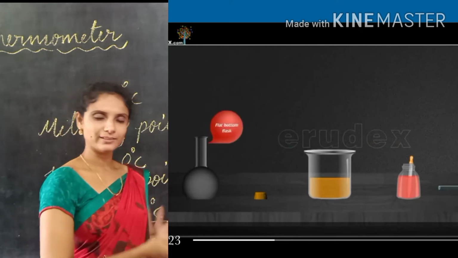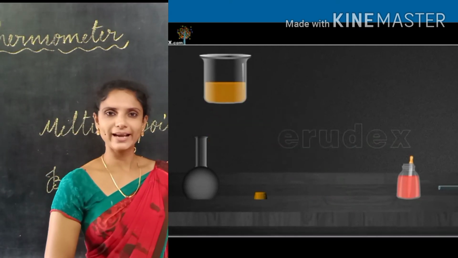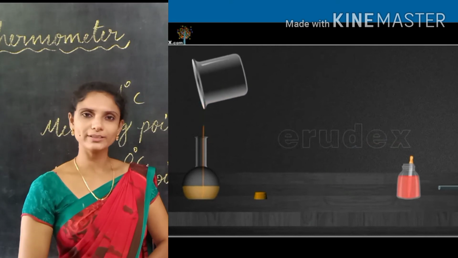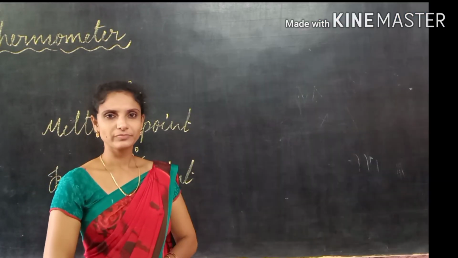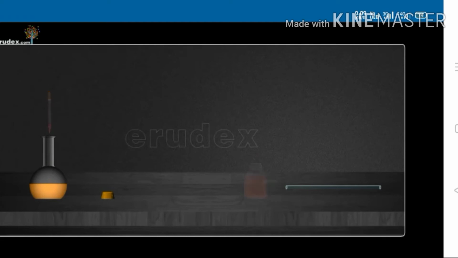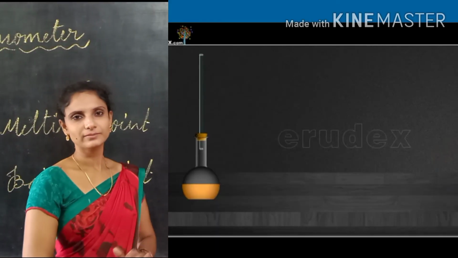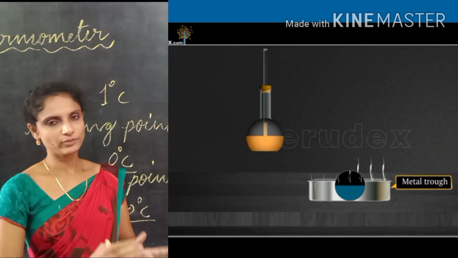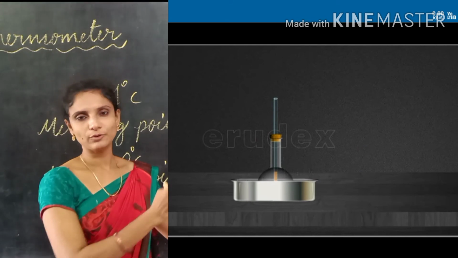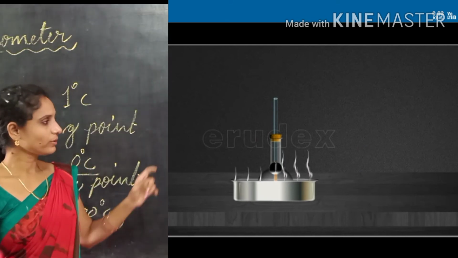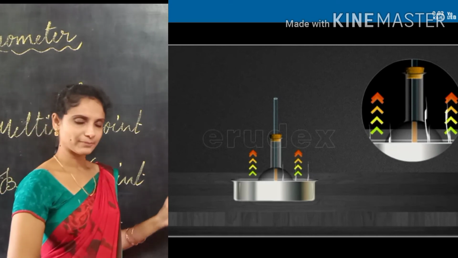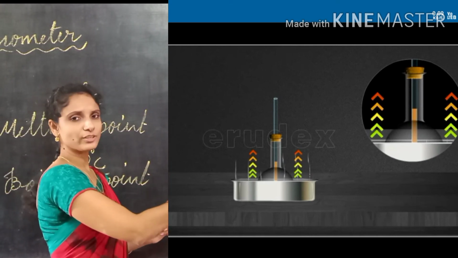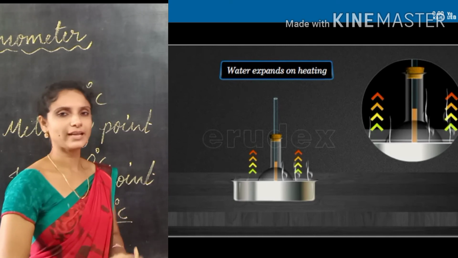For that, take one flat bottom flask and fill it with water and add some color to that. Now place the cork, take the capillary tube and put it into the flask. Now take one tray and fill that tray with boiled hot water. Now place that flask into the tray. Here we can observe the rising of the colored water in that capillary tube.